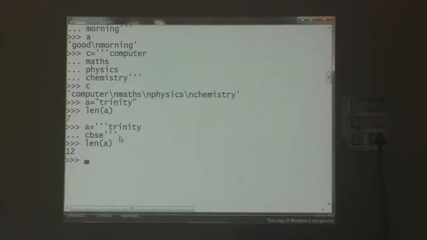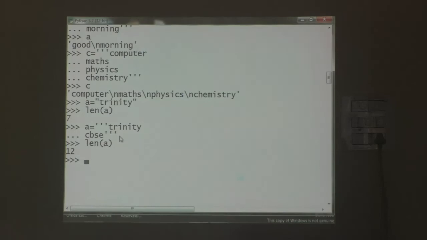See here, after Trinity, what key are we pressing? The Enter key. So that Enter key is also taken as 1 character.